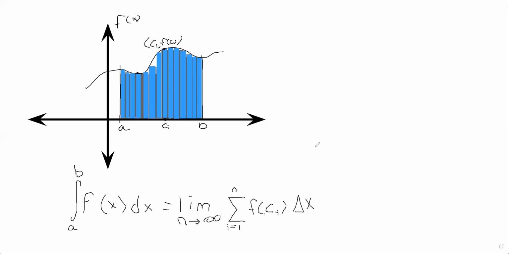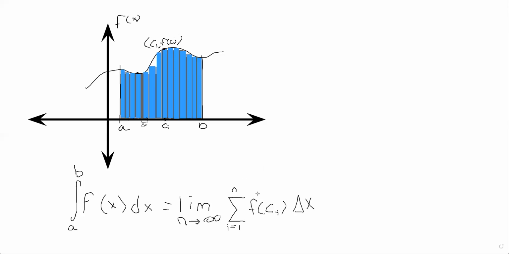Delta x is always going to be the difference between two consecutive x values, no matter what they are. Delta x is going to be uniform, whether we're talking about this rectangle or that one or that one. Delta x is going to be the same for every single interval that we select. So delta x is going to be the base of a rectangle, any rectangle we choose. So that means the area of just one single rectangle is going to be delta x times f of c